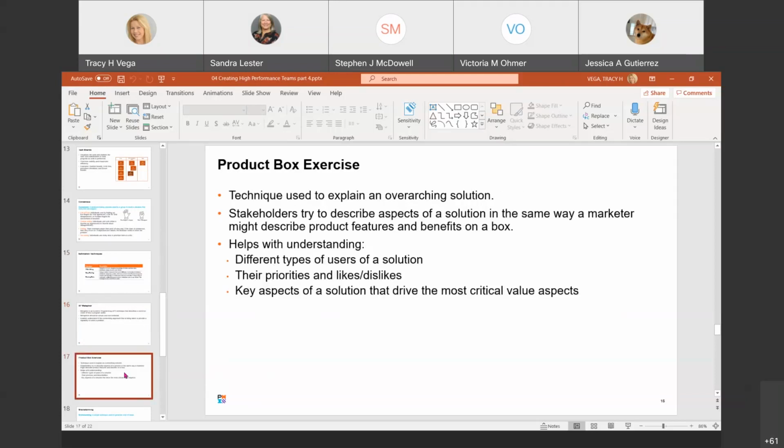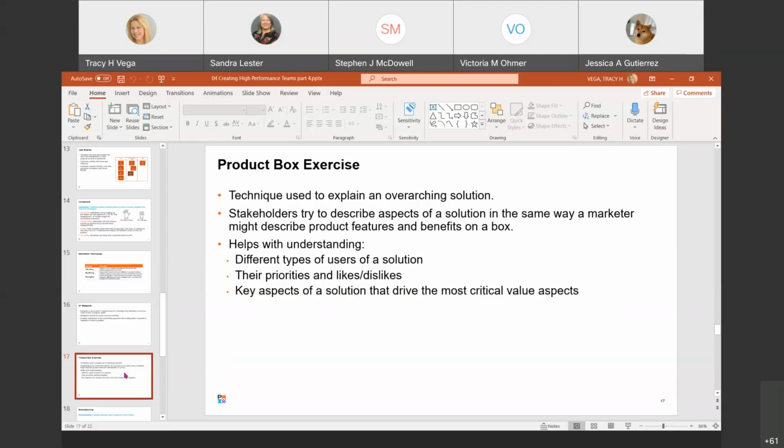All right. Then we have the product box exercise, which we're going through kind of quickly here. The product box exercise is another technique used to explain the overarching solution. In this exercise, the stakeholders try to describe the aspects of a solution the same way a marketer might describe product features and benefits on a box.